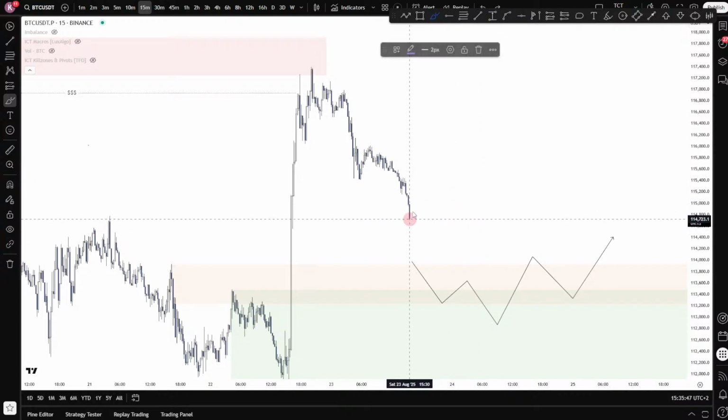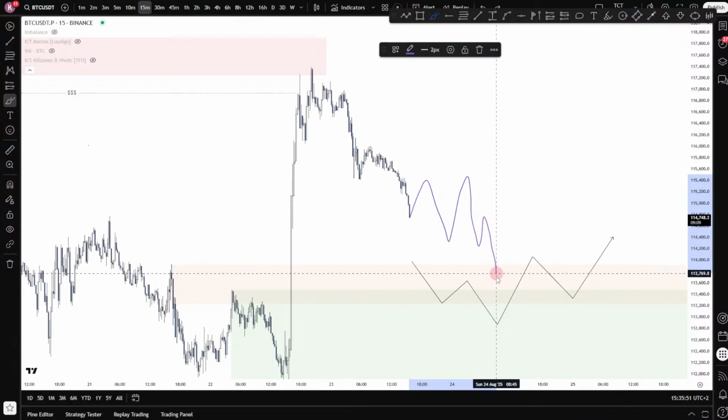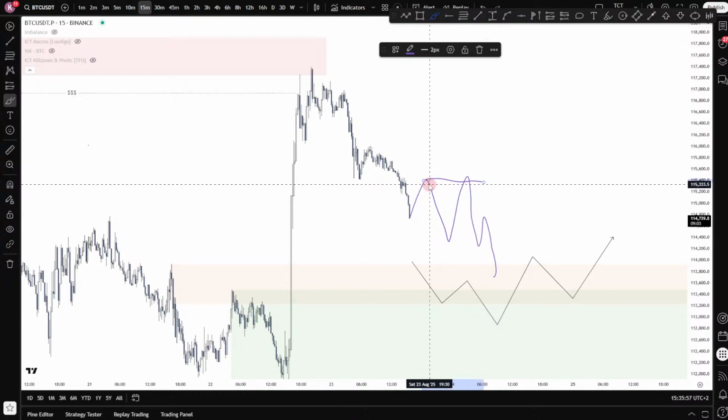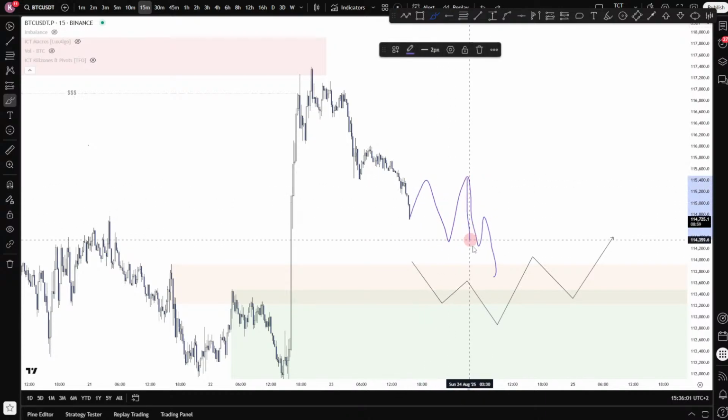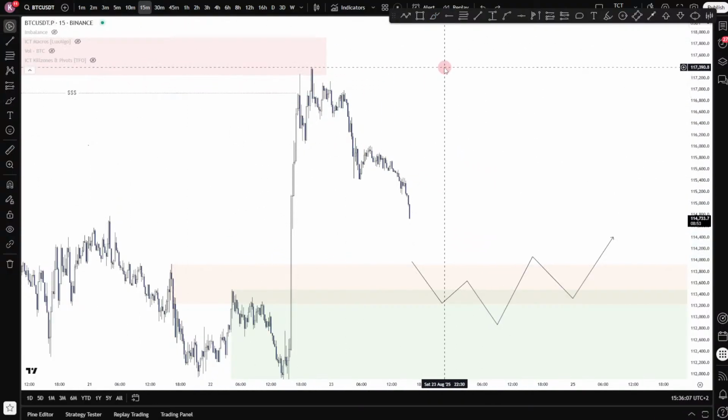If price does this, that makes it harder to trade towards all of these highs, because price took out all the people that have shorted in this move, and then we kept on dumping. So little manipulation, still little order filling before the actual big move down. Then you do need to be careful.